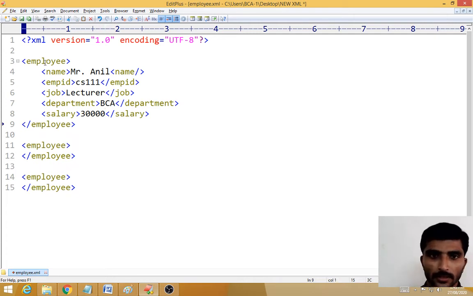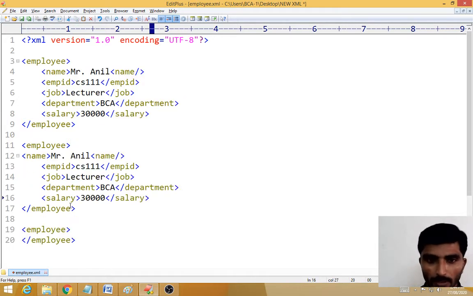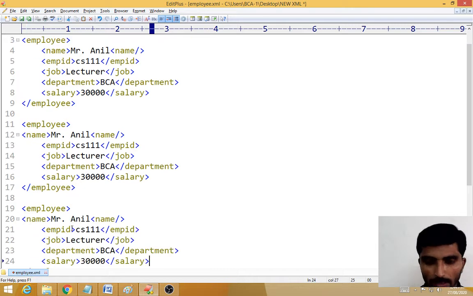So this is the first employee's information. This is the root tag and this is the end tag. This is the name of the employee, employee ID, job, department, salary. Then copy this the same way and write it within a second one, and a third also, just changing the name.